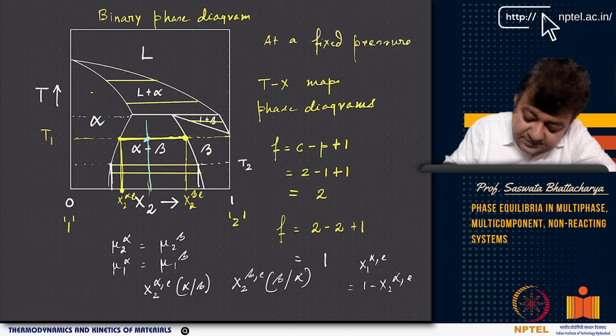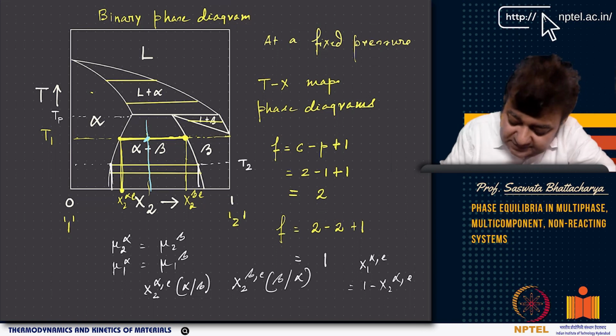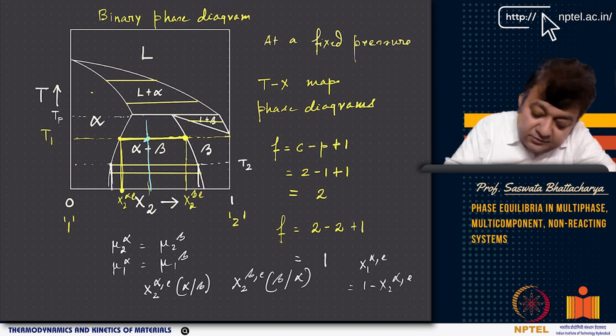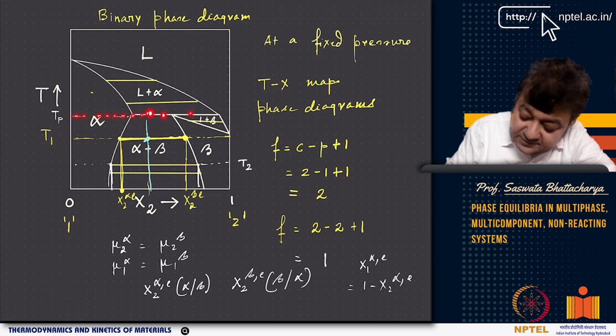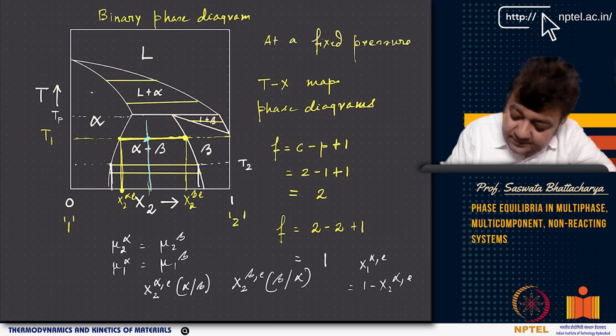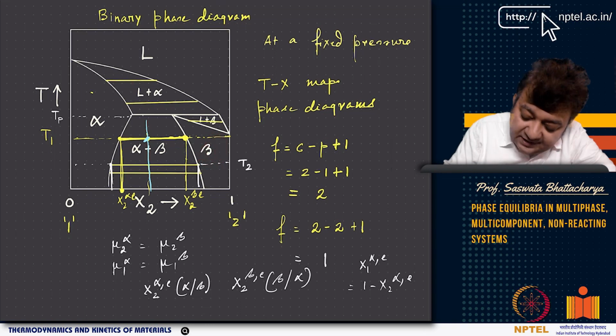So let's call it T, a special temperature at which, if I go to one point like this, at this temperature, remember, we are going exactly at this temperature, you see a very interesting thing. At these points, for example, at this point or this point, or in fact at this point or this point, you see that there is a beta phase, there is an alpha L phase, and there is an alpha phase. There are three phases coexisting.